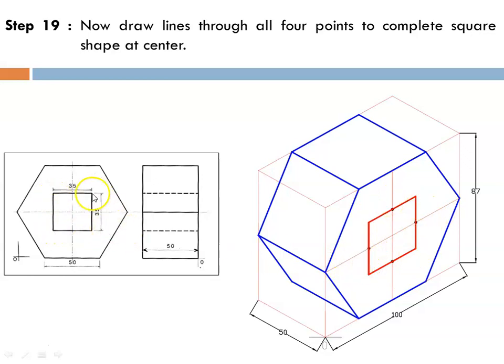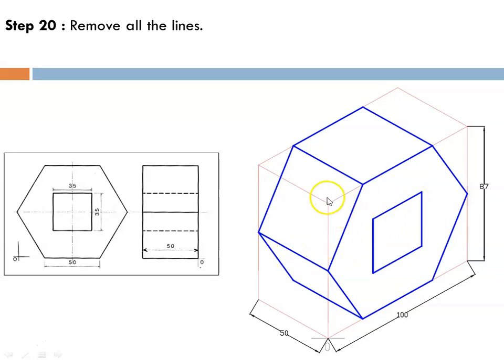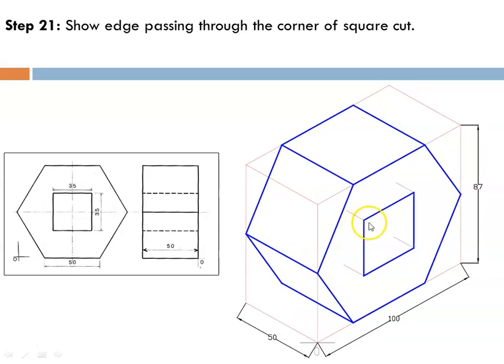Here you can see the position of this, and accordingly you have to complete over here. So this is the rectangle. So this is a square cut as per the given condition at the center of this hexagonal plane. Now darken this. You can see this is almost done with the solution, but we have to check the visibility. You can see the edge is passing through all the corners of the square. It is a square cut. So edges are passing through this corner, but only this edge is visible to you. These edges are inside the solid, so you cannot see them. So we have to show only this edge, not these three.